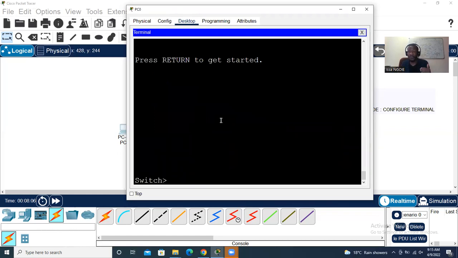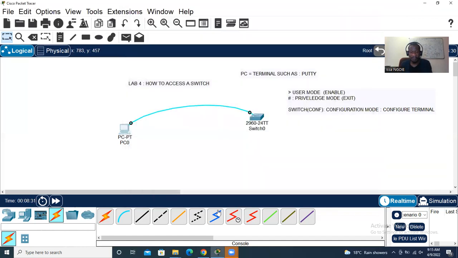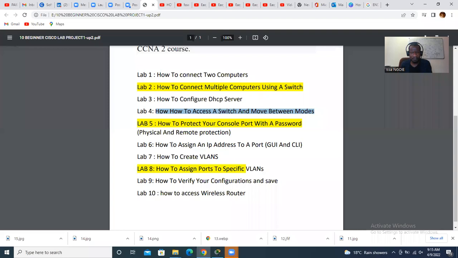So from different modes, we are going to see what you can do, right? What can you do in different modes? But for now, I wanted you just to see how you can access your switch. You can even change the name of the switch, but we are going to do it later on, right? Okay, let's go to lab number